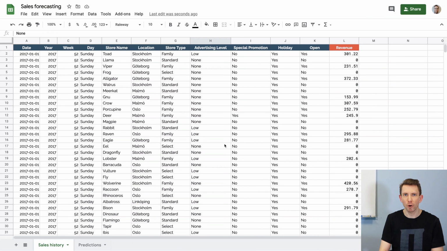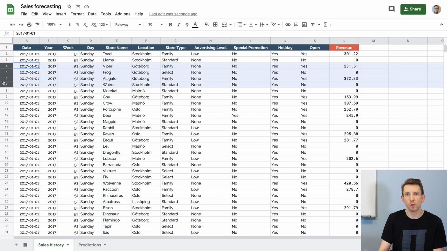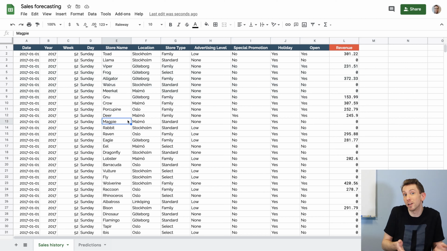Here I have a spreadsheet with some recorded data about sales revenue. There's a header row with the name of variables, like the date, the shop name, the advertisement level, and the daily revenue. Each row under it contains one record or example of data, which gives values for all of the variables. I can use these examples to train a model that predicts one variable as a function of the others. For example, the daily sales revenue as a function of everything else.